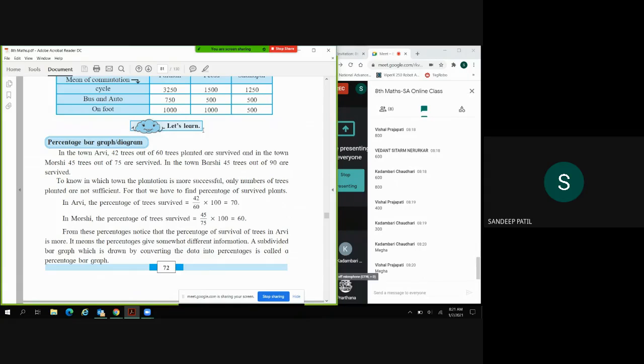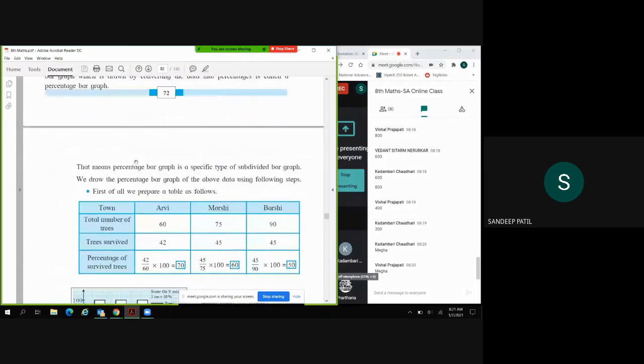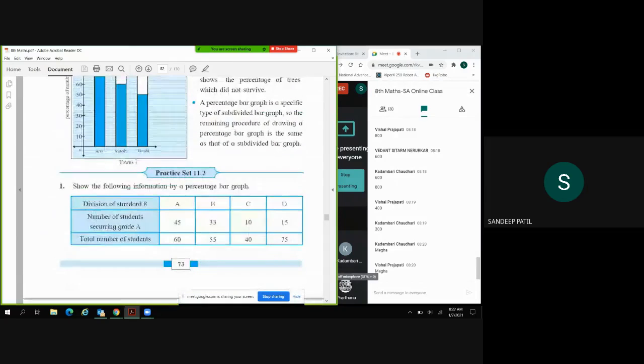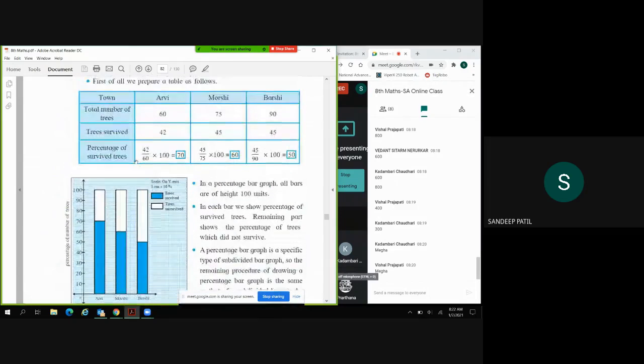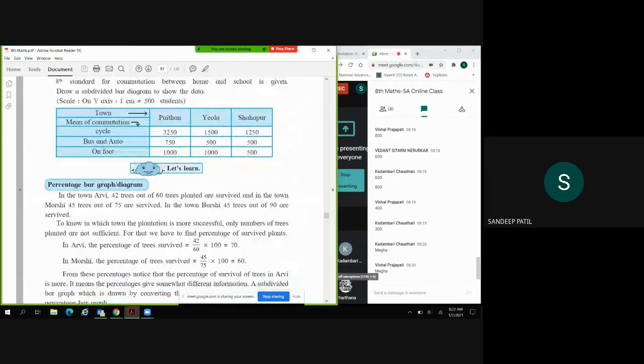So there is another graph, the percentage bar graph. I think this is another way to represent the data, and it takes time, and I don't think I can cover it in the next 8 minutes. So I think we had better stop here,